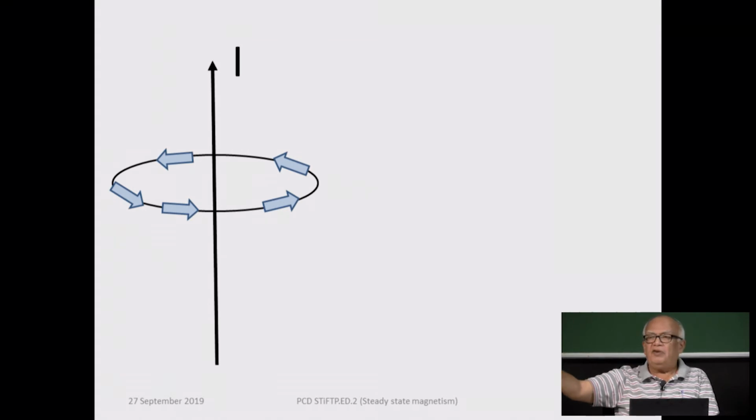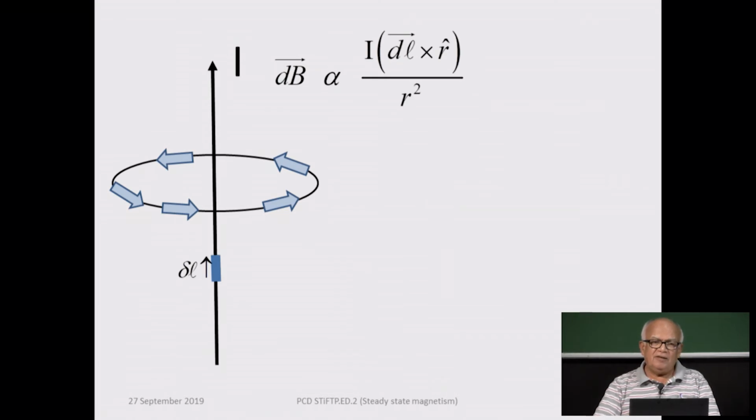You know that the electric field goes as 1 over r square from Coulomb's law, but then when you integrate over the whole line, the net intensity over there diminishes as the inverse distance. So, you have got the same kind of situation, that the intensity of the magnetic field seems to be diminishing by distance, which suggests that the intensity of the magnetic field must go as 1 over r square